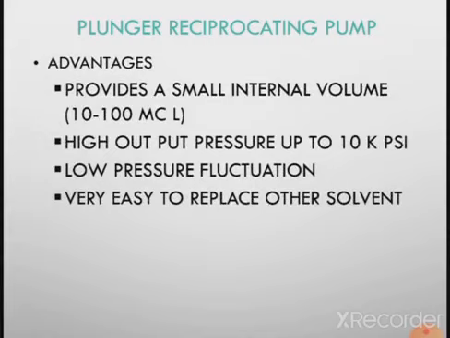now the reciprocating pump has a number of advantages as shown. It provides a small internal volume, and due to this we are able to change the solvent within a very small time, because if the bore volume is large, then it is quite difficult to vary the composition.